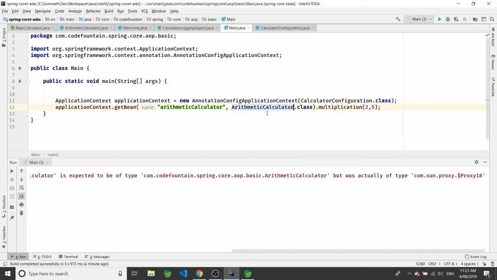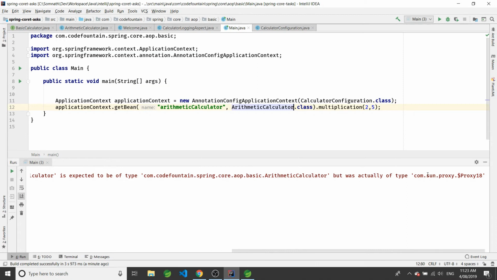That's the reason when we earlier used basic calculator, even though we directly called multiplication, it didn't throw any exception, because our proxy object was of type basic calculator, and it went on fine. But in this case, it is not of type arithmetic calculator, and it is throwing the exception.